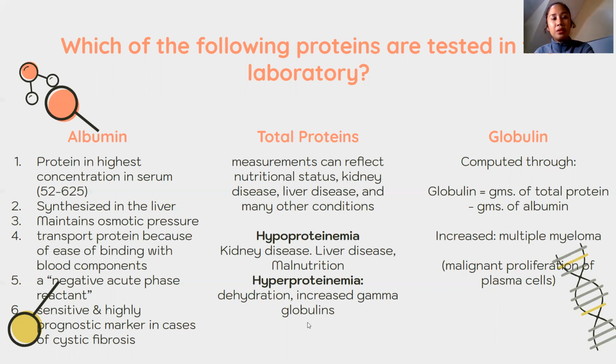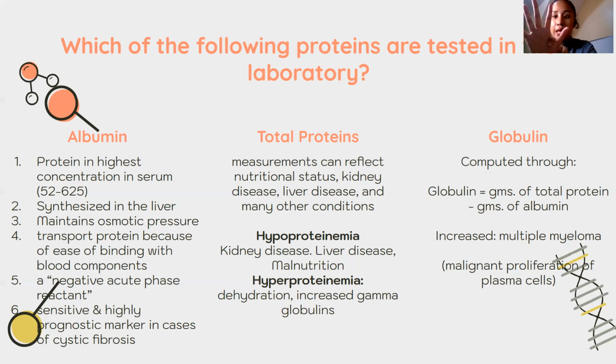you are losing proteins through your kidneys and excreting them in urine. Examples are nephrotic syndrome and liver disease, where the liver does not synthesize enough proteins, and other conditions like multiple myeloma. In multiple myeloma there is malignant proliferation of plasma cells. Class, don't forget, among our lymphocytes, don't forget our cells.